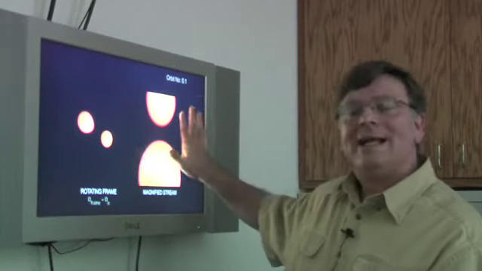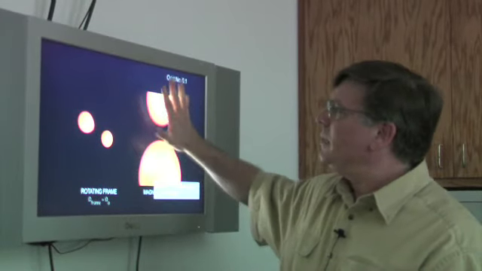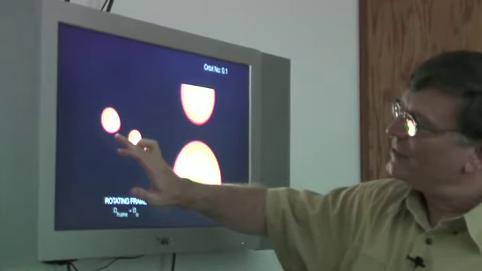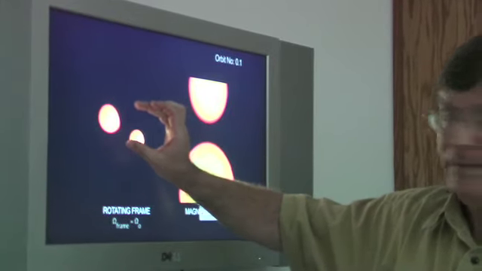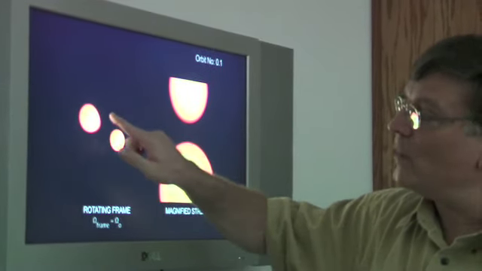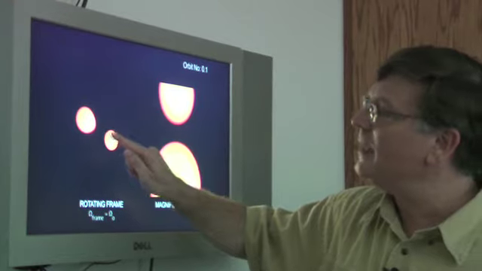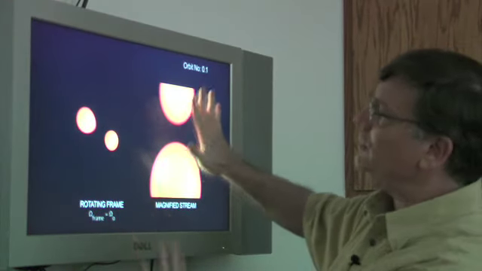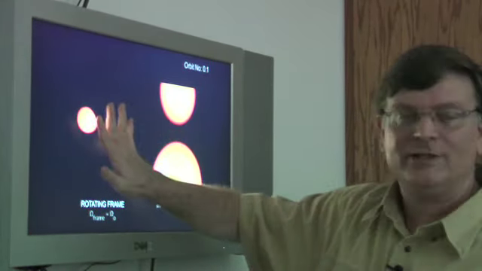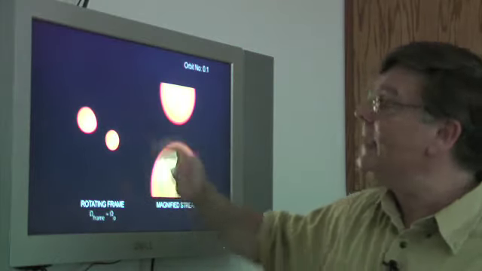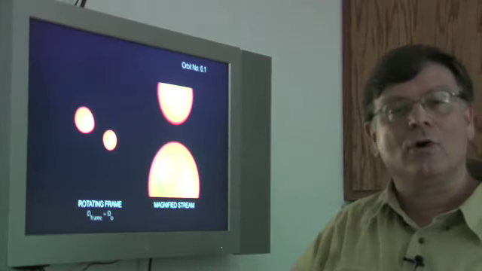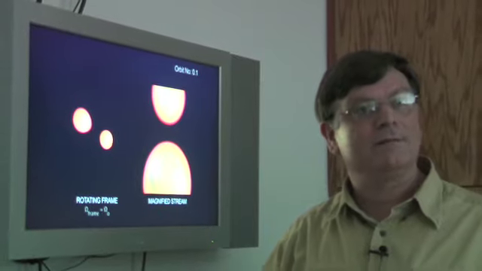So on the right-hand side of the movie, we show a magnified view of the central regions of the two stars where the interaction is strongest. And so you're going to see the same evolution, but this is the magnified central regions, and this gives you a more global view. And the upper right-hand corner is counting off the number of orbits that the system has